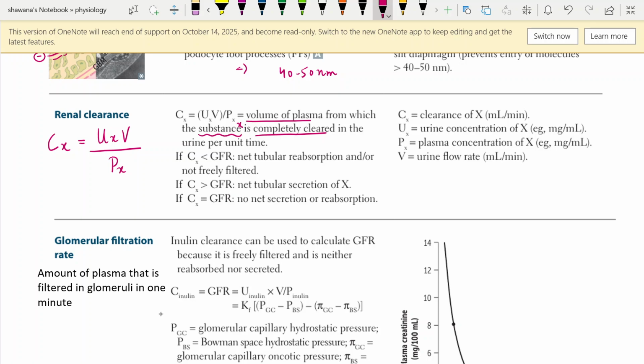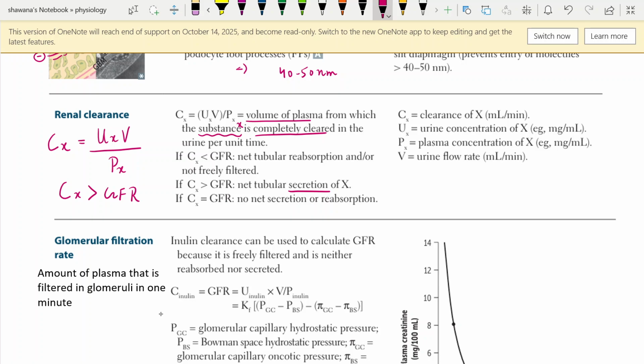So regarding the clearance, if the clearance of a particular substance X is greater than GFR, what does it mean? If clearance is greater than GFR, it means that something is secreted into that luminal fluid. For example, if a substance is neither secreted nor reabsorbed, the clearance of the substance must be equal to GFR. But if clearance is greater than GFR, it means that there is active secretion, that tubular secretion is involved